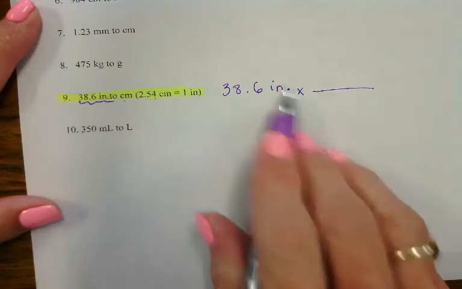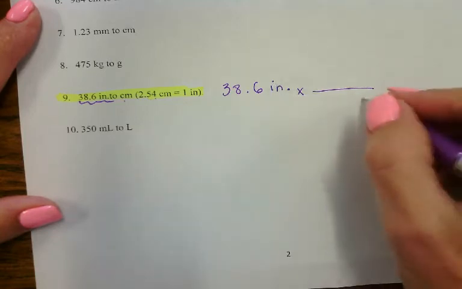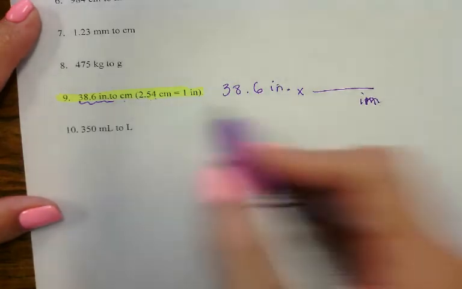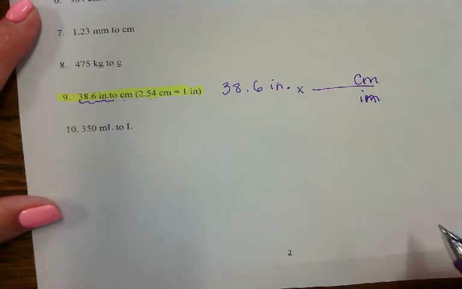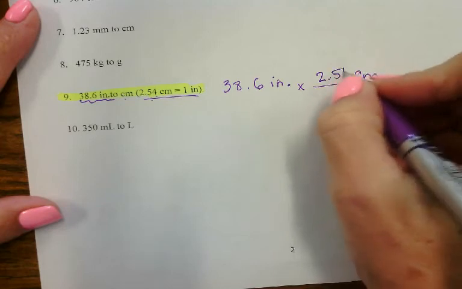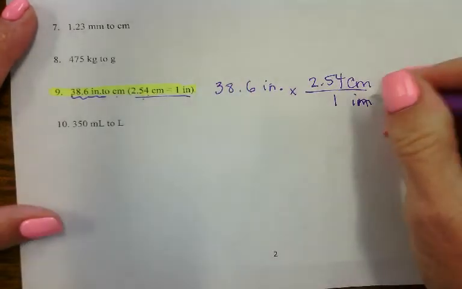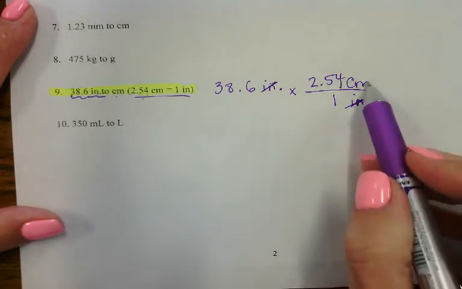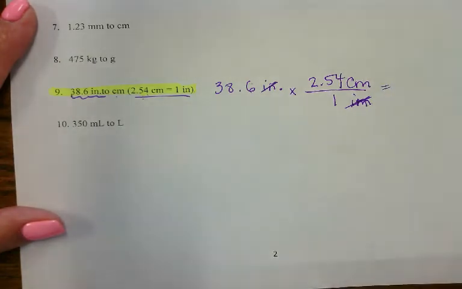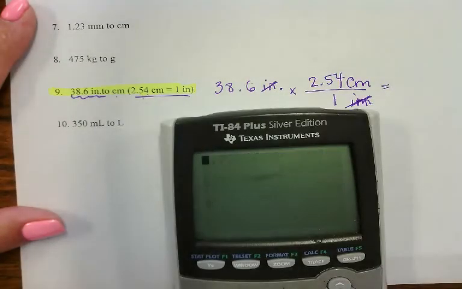Well, if inches is in the numerator, it goes in the denominator, so you can cancel it out. That means centimeters is going to go in the numerator. Over here, this conversion factor, there's 1 inch, 2.54 centimeters. If we've got it set up that way, the inches will cancel, and we'll be left with centimeters. So I multiply everything in the numerator, divide by 1. That's all that's in the denominator. 38.6 divided by 2.5. Just kidding. 38.6 times 2.54 gives me